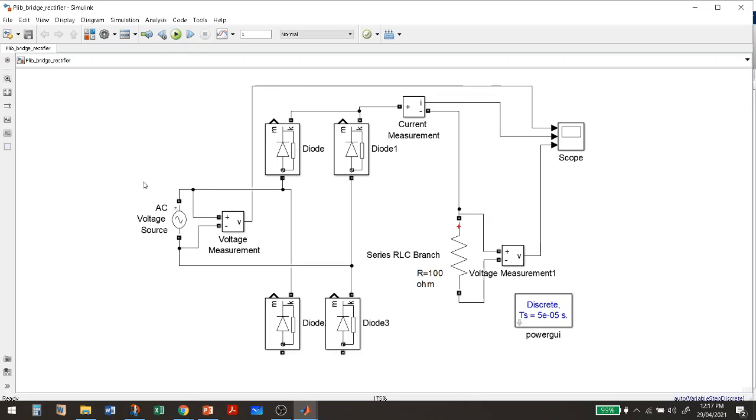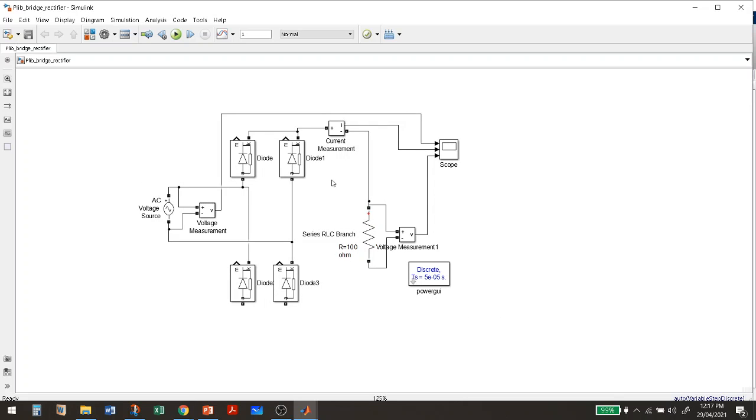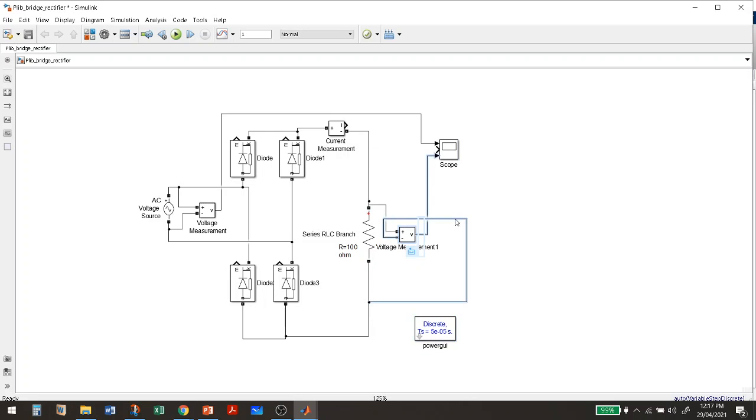What is remaining? Oh yes, it is about to complete. And yes, this one, and the load.